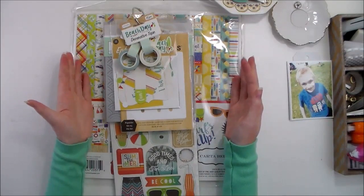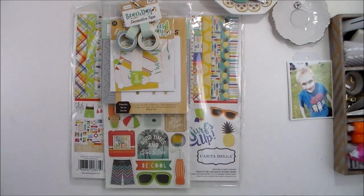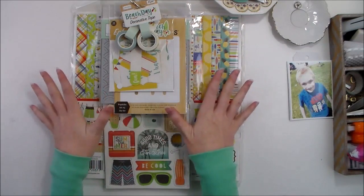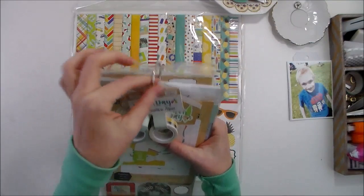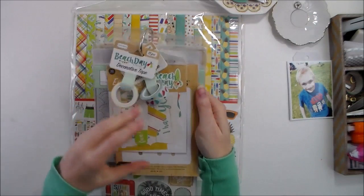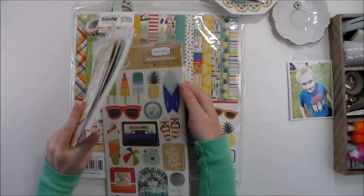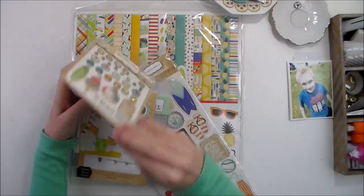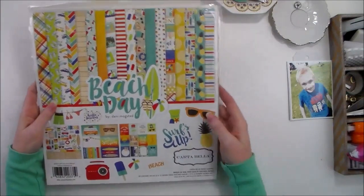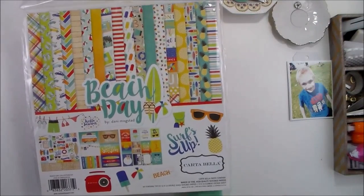This is how I store my embellishments that come with a collection that I want to stay as a collection. I don't store everything this way, but if I want different kinds of embellishments to stay with different papers, I always put them on one of these little binder rings. So you just slip everything onto that binder ring. I've got the dies that go with this collection, the stencils, the 6x6 paper pad, the brads, everything I need is right here. And then I've also got the 12x12 papers,